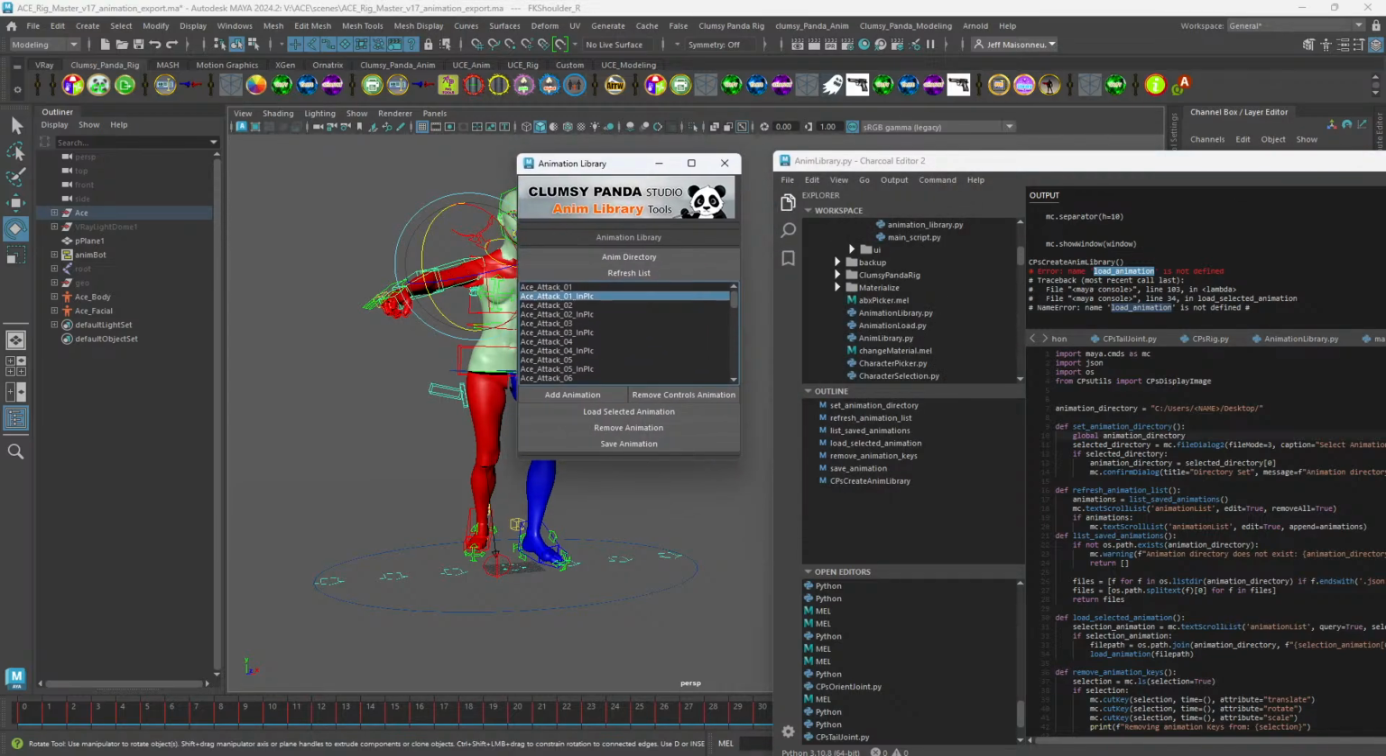We have the list of the animation. We have the directory we can check, and also we know our refresh is working. So now let's go ahead